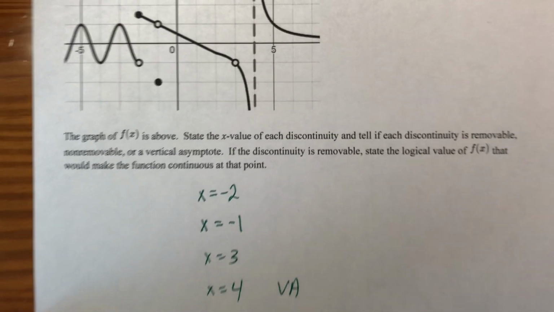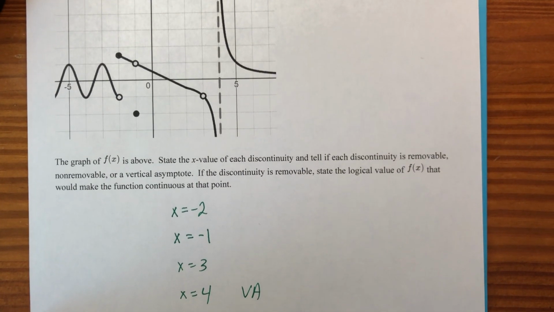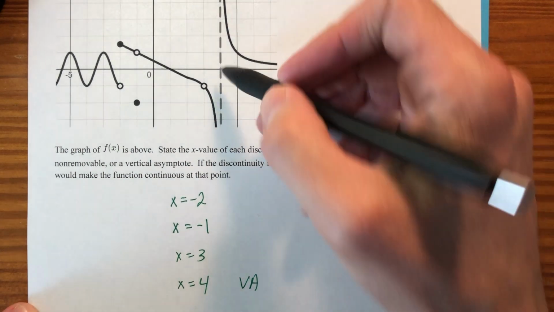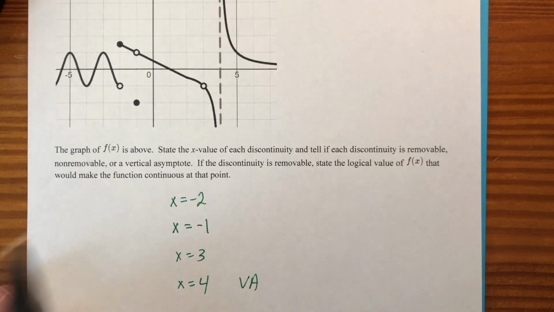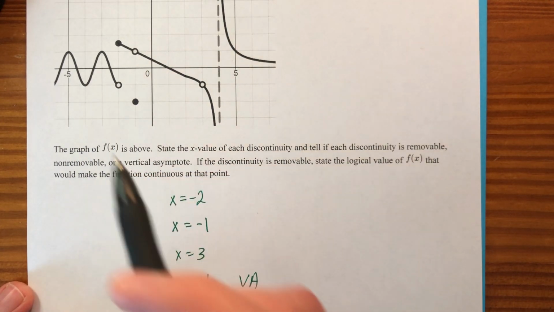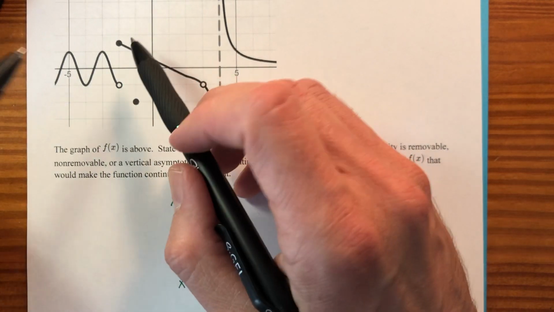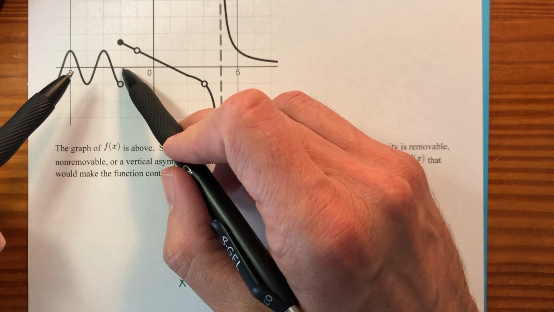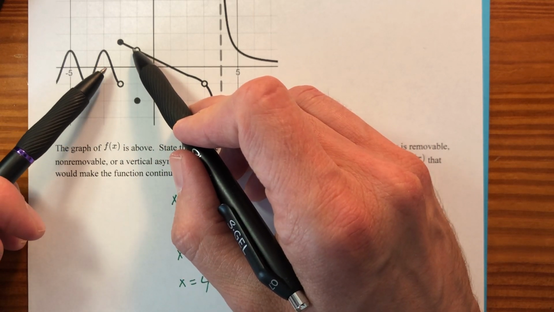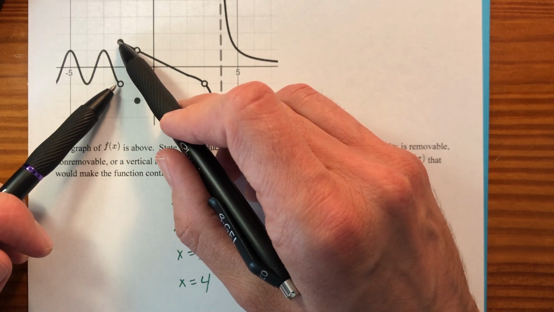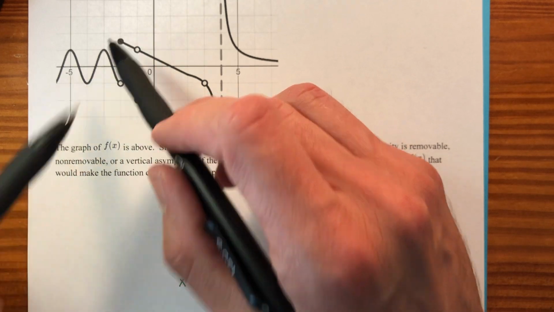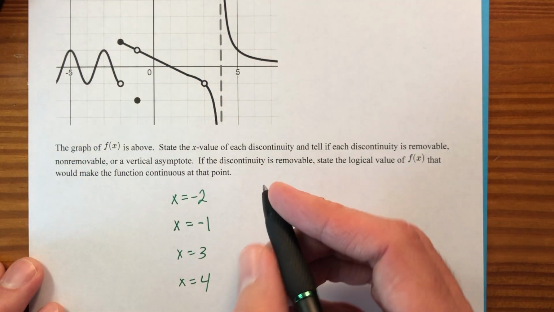Let's zoom out a little bit. You'll be able to see it a little better. There we go. See more things all at once. So this one's a vertical asymptote. And this very first one we encountered was where the limit does not exist. Okay, notice that the limit as I approach an x value of -2 from the left and from the right are two different y values. So that makes x equals -2